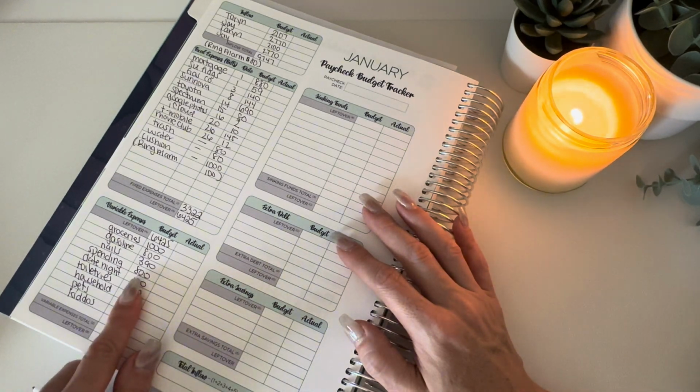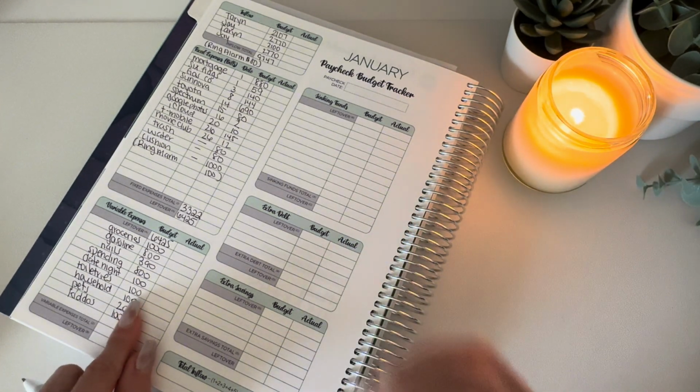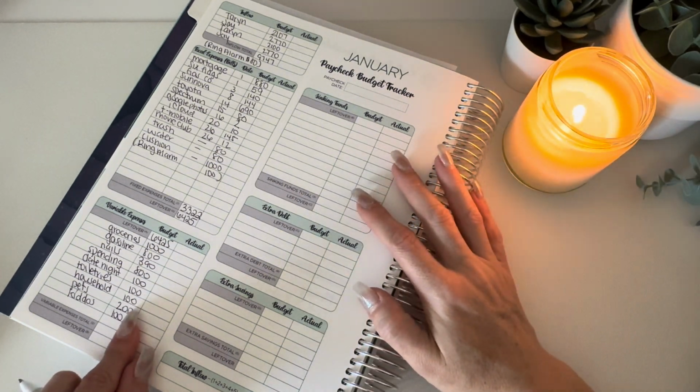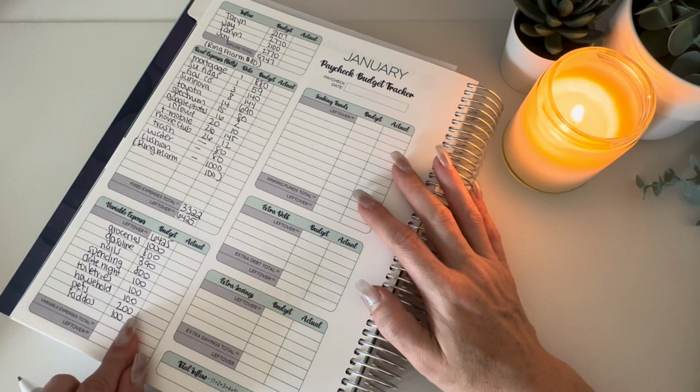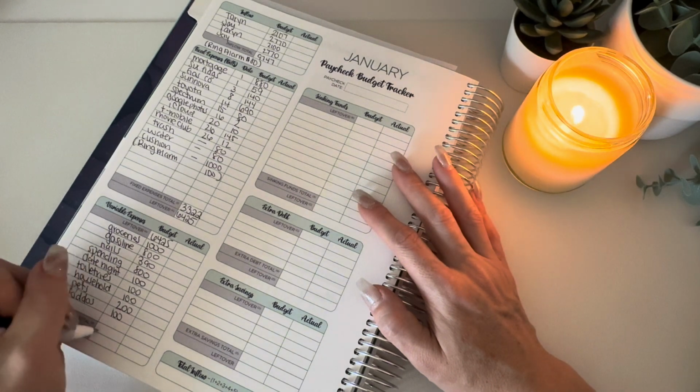Then we have $800 for spending. Normally that would be $400 for him, $200 for me, but I've increased it by $200 for myself, just considering that weekend. Date nights, $100, toiletries and household, those are both $100. Pets, I've increased to $200 because I need to get those different categories that I created and figure out how much I need to ensure that all the pets have what they need. That will be what I use to start stuffing those envelopes. And then for kids, $100. So the total here is going to be